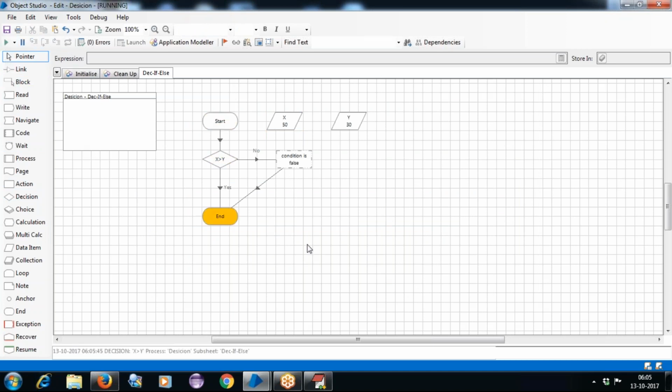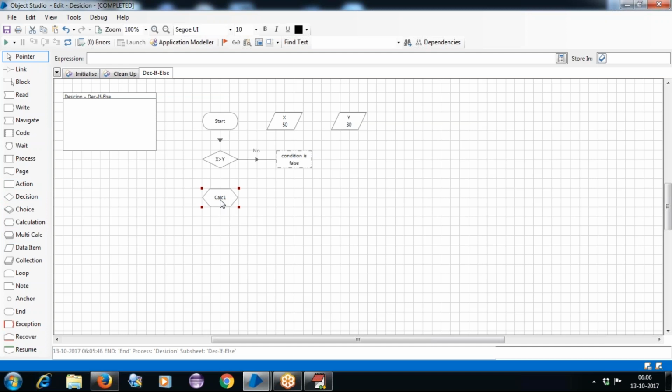Now we can see that it is going to the S here. Okay, so this is how we write the condition. I mean, nothing but the decision stage. So here, in case the condition is true, it navigates to the S activity. In case the condition is false, it goes to the no activity here. Okay, or else if you want to perform any of the arithmetic actions in between, we can combine it here. For example, I'll be deleting this and here I'll take the calculation.